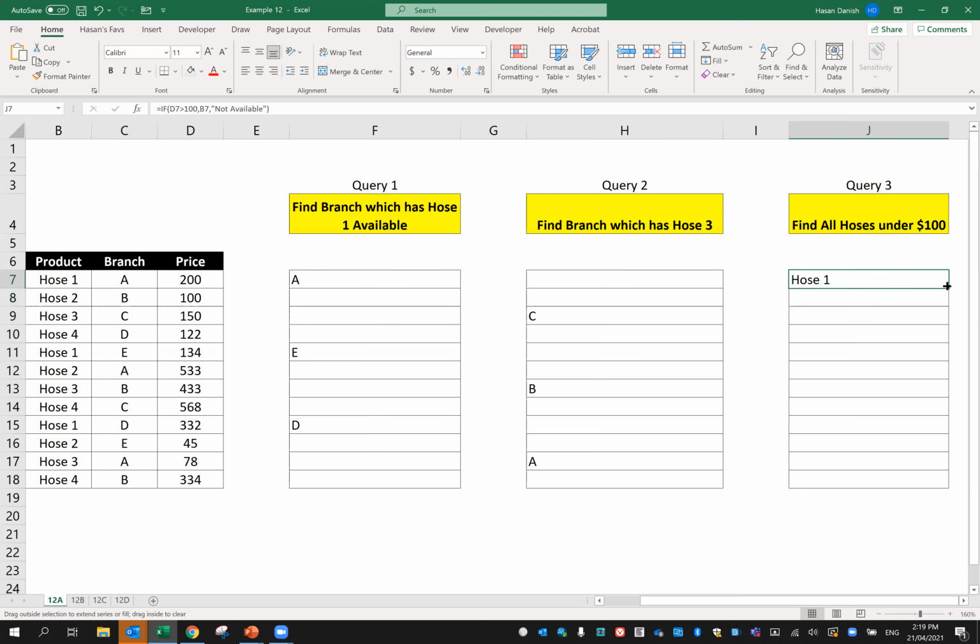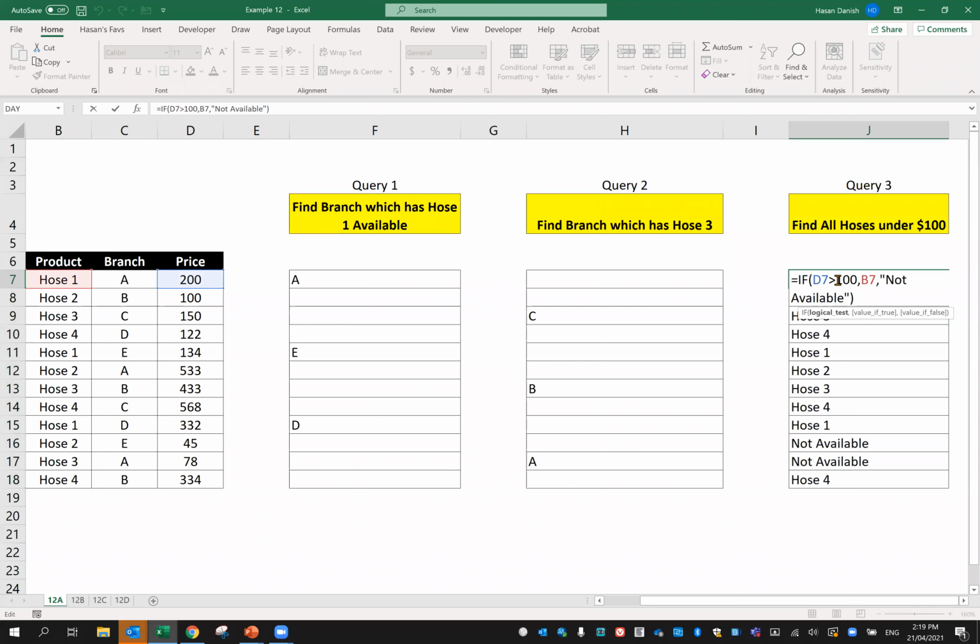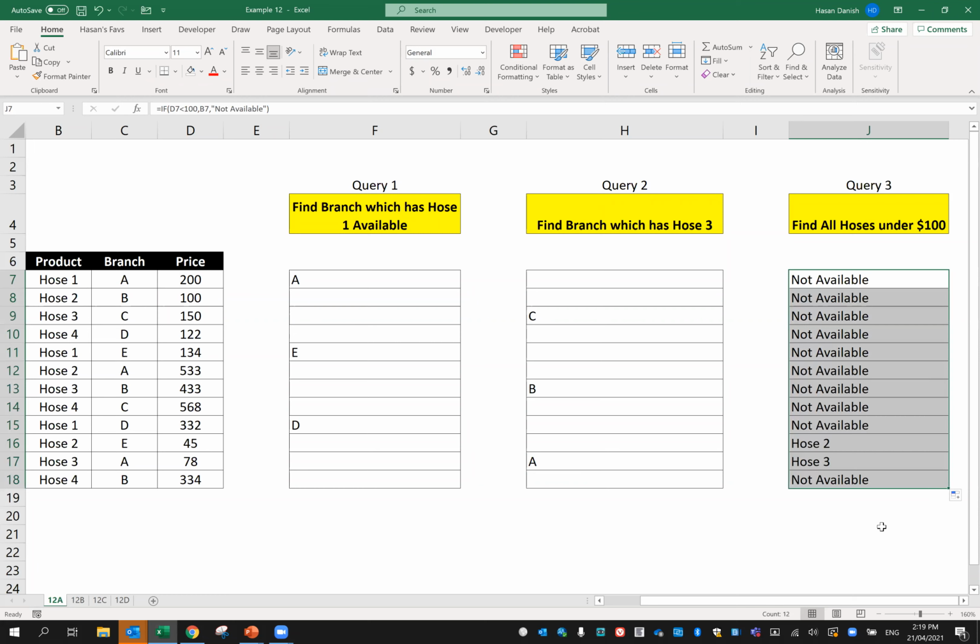So I got hose 1. If I drag it down, see, now I put in greater than. I should have put a less than. So let me put a less than. See the sign, less than. I will have to redo it, drag it again. And now no hoses are available less than 100 except for these 2, which are,